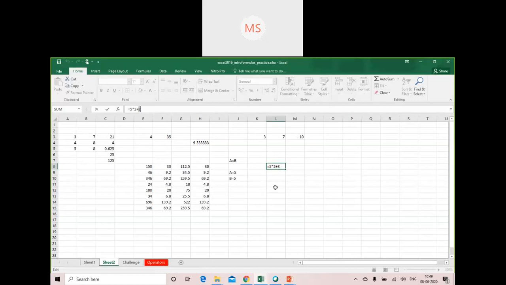In the same way, if you want to make it more complex, you can make use of the division sign. You can put 2 over here. Now just see, can anyone say what will be the value of it? If I make use of this formula, what result will I get? Quickly reply in your chat. Okay, someone said 9.